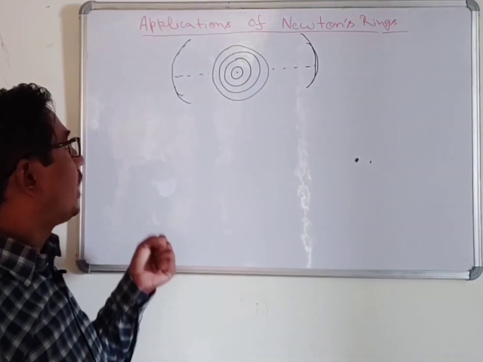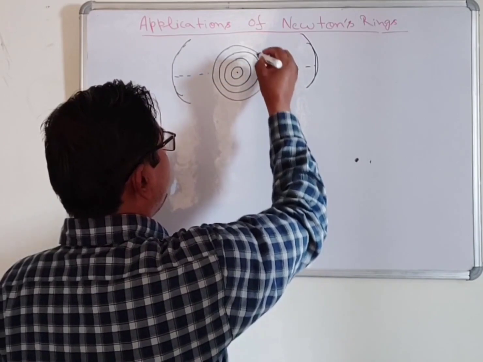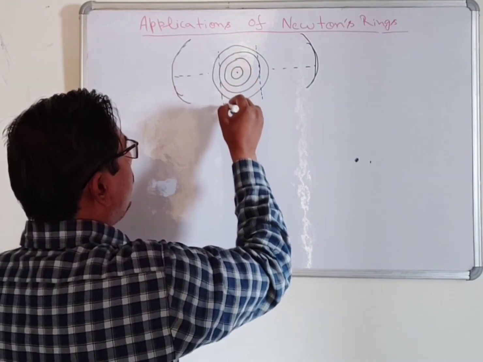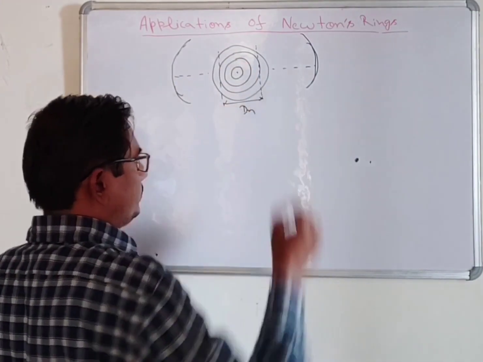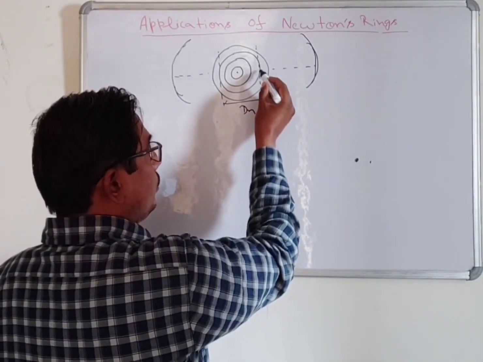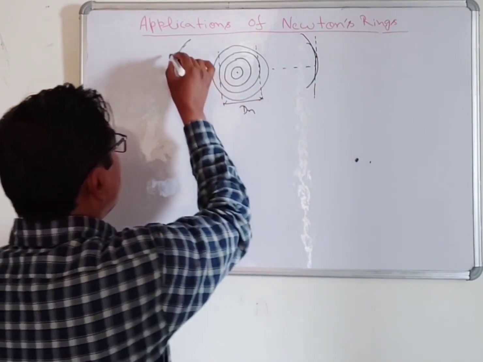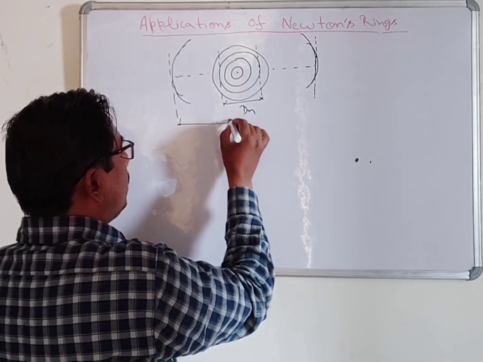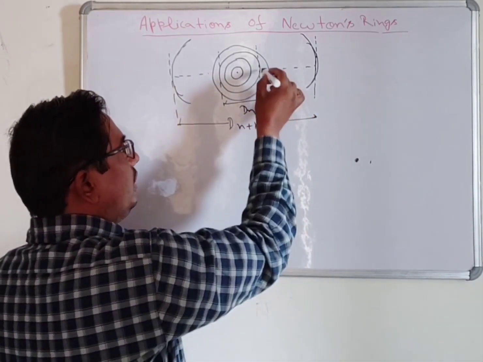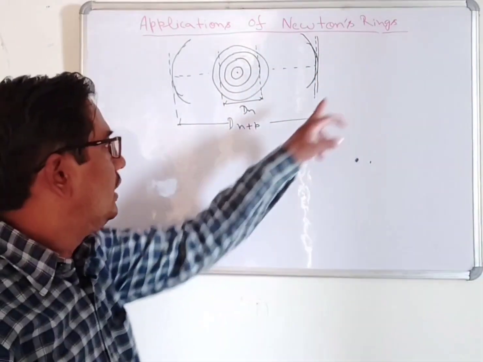Suppose we start from here, any number of the fringes. Suppose here, measure the value, this one is the diameter of this ring, Dn. Then we will count the fringes from here, 1, 2, 3, 4 and so on. Suppose this is the diameter from here to here after counting, Dn plus p. Dn is from here and p is the number of fringes counted. Then we will come here, this is the diameter D n plus p of that fringe.